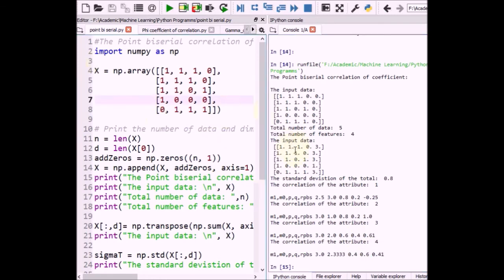If we change some input and execute it, we can see a different output. So this is the standard deviation of the total. Now it is 0.8, and here the first attribute